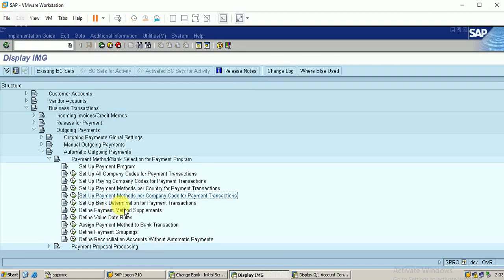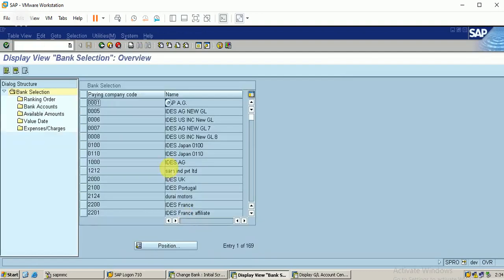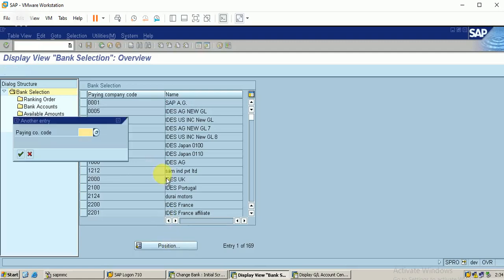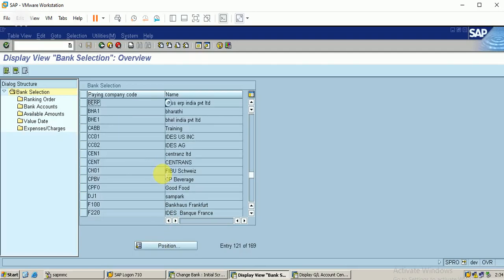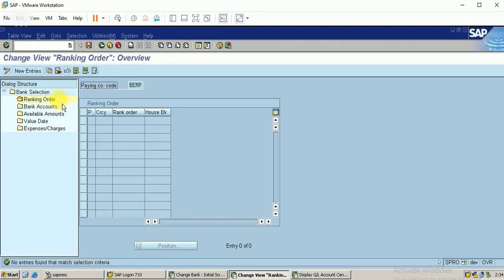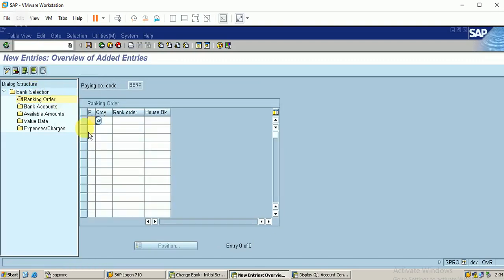Set up bank determination for payment transaction. Here, let me check my company code. Okay, it is available. Select it and double click on ranking order. I have only one house bank, so I will link that here.